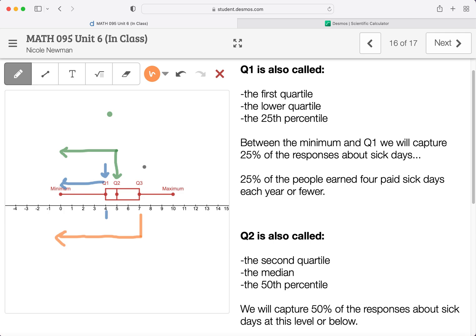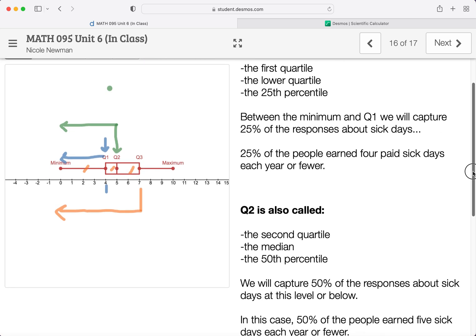So Q3, this is going to be an upper quartile or the 75th percentile or the third quartile. And we would have gotten 25% from the first whisker, 25% from the first part of the box, and another 25% from the second part of the box. So if we're talking about 7 sick days or fewer, that would mean that 75% of the responses said 7